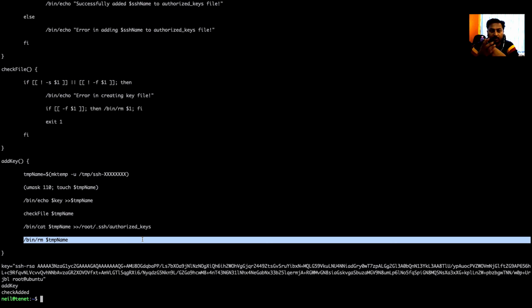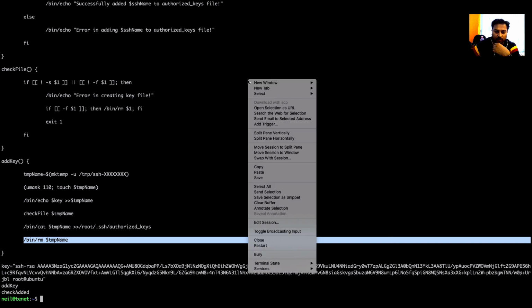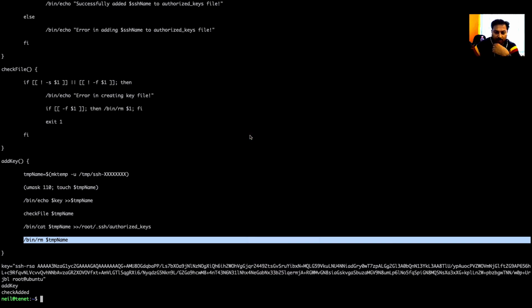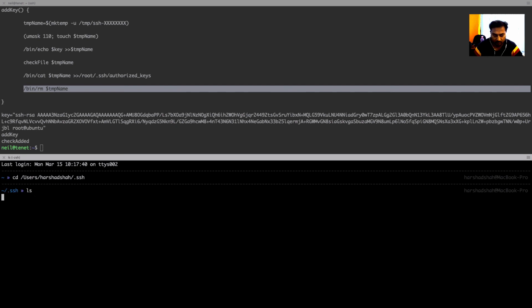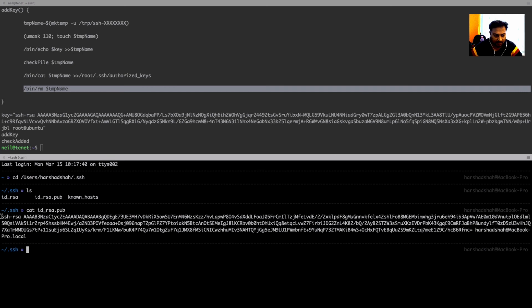So in this case, I am going to run an infinite loop, and I am going to add my key inside that particular temp directory. Let's see how we can do that. I'll go here in the same terminal and split horizontally. After that, I can simply go to my directory where I have a public key located, which contains id_rsa.pub. So I'll use cat id_rsa.pub, and you can see clearly this is the public key.